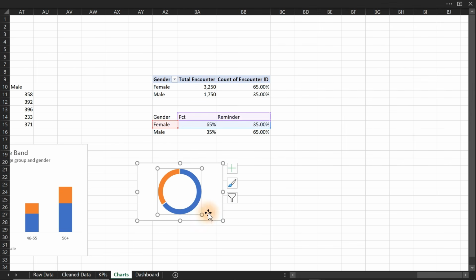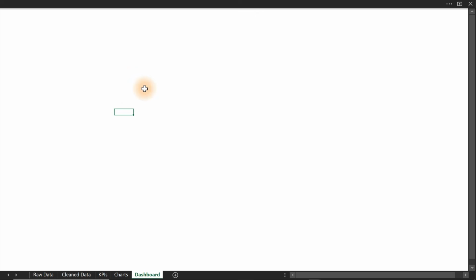For the time being, I'm going to keep it at 1. And we continue this when we start creating our dashboard. Because right now, until I actually measure my dashboard space, I don't want to create this further. So come over to your dashboard environment, just create a new sheet and name it dashboard, and go to the